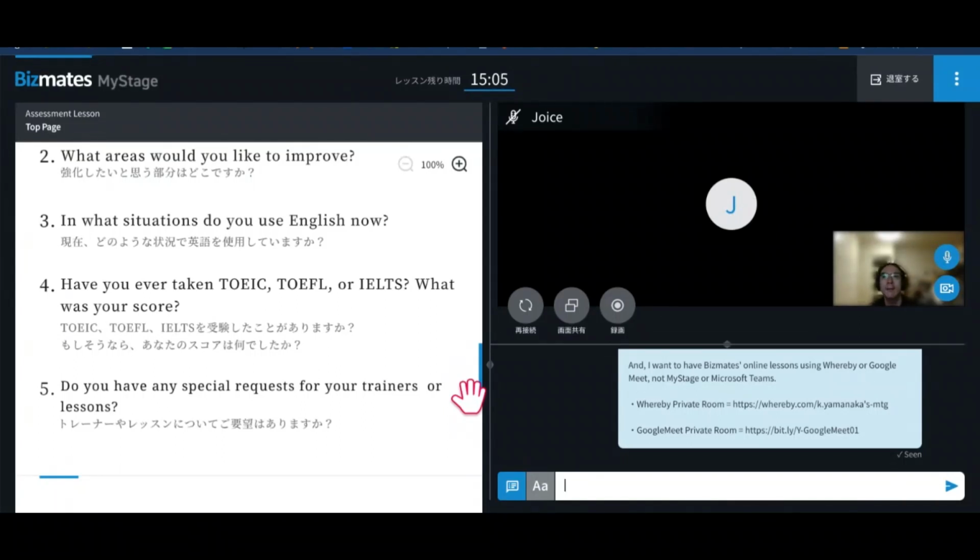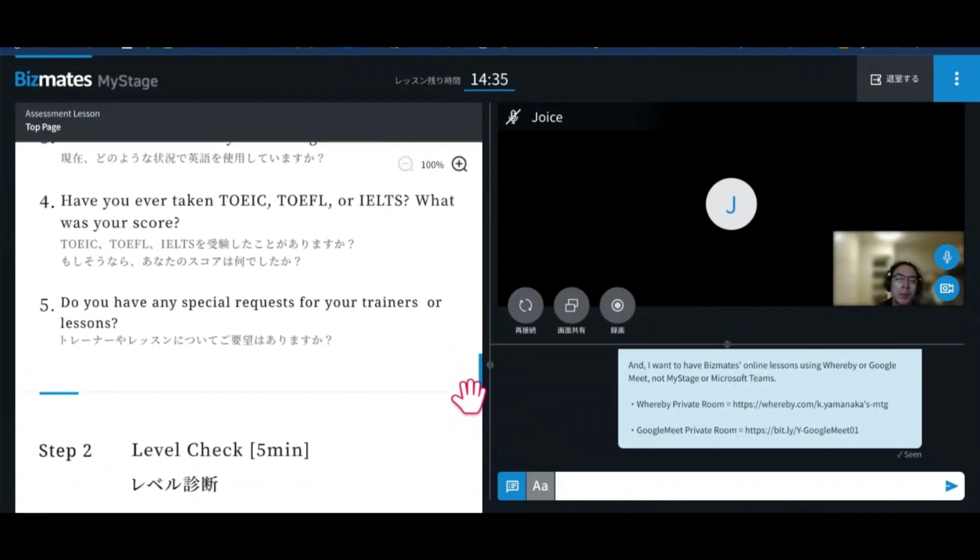That's it. All right. So once you've completed the lesson, on your next session you want the material to be placed there automatically, correct? Yeah, that's correct. Yes. All right. So MyStage it is, because here in MyStage, once you've completed a lesson, on your next session it will go to the next lesson automatically. You don't have to change it or anything else. All right. So thank you for that.